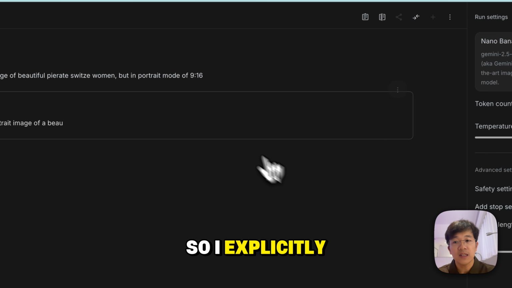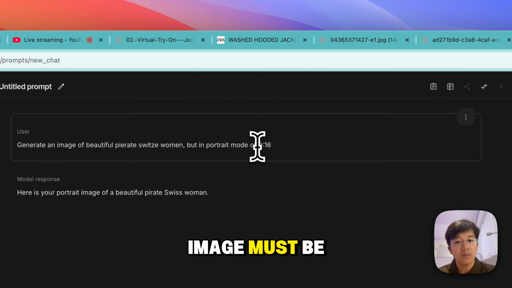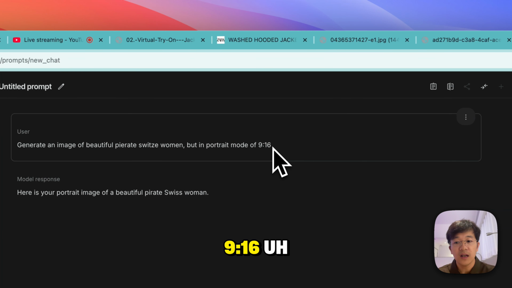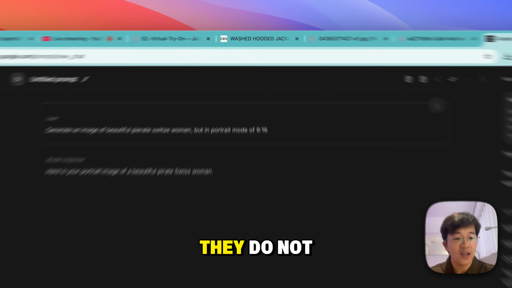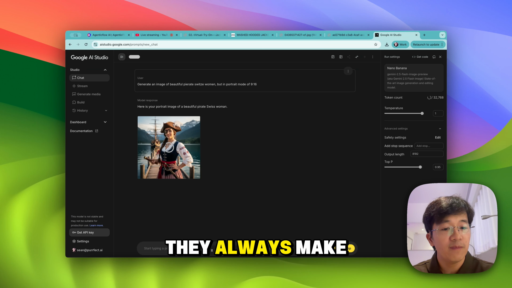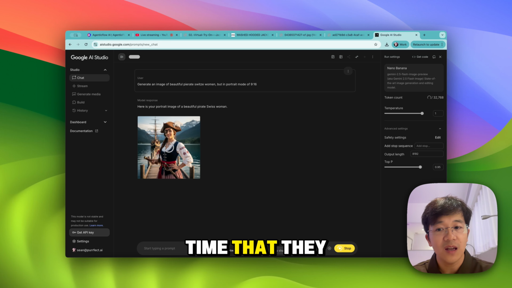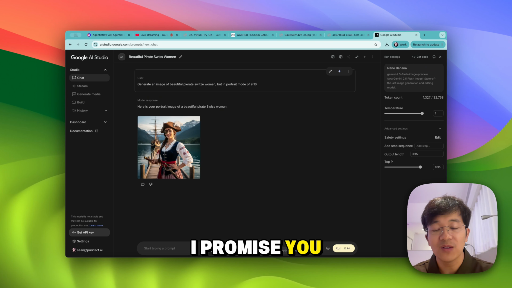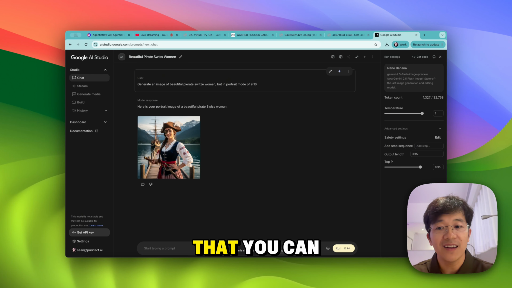I explicitly say that the image must be 9:16, but this model does not follow it. They always make a square. Every time they will make a square, I promise you. And there is no way to make it otherwise.